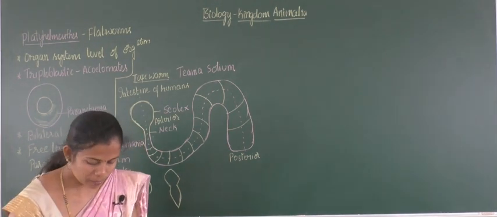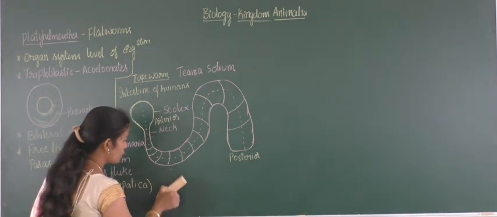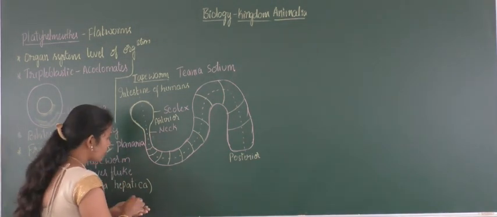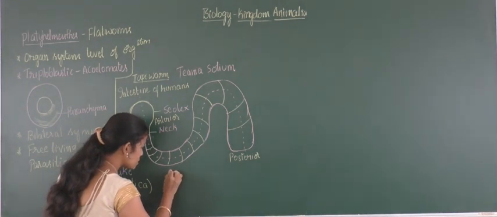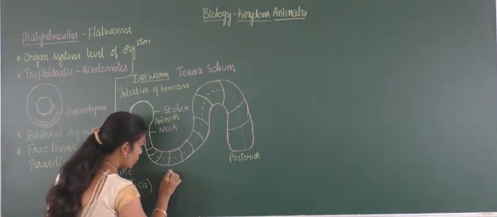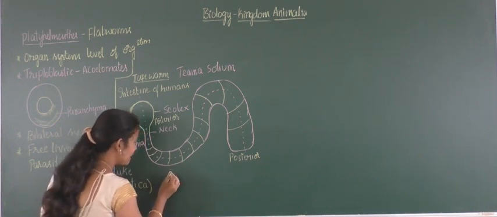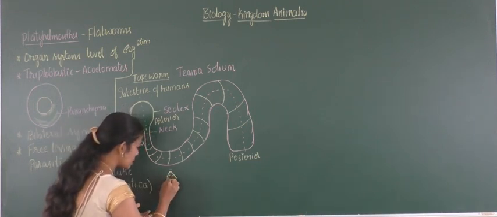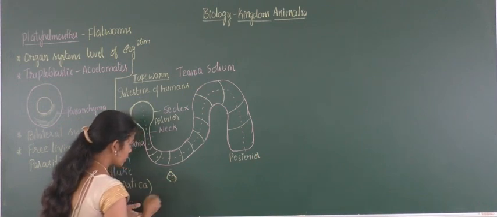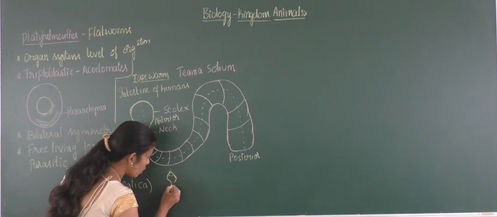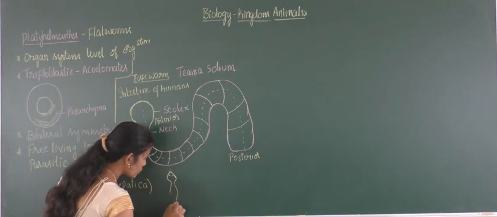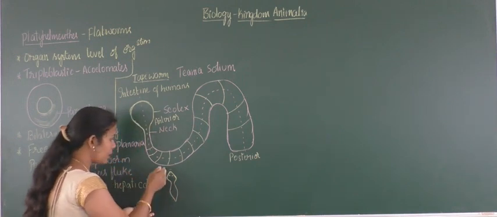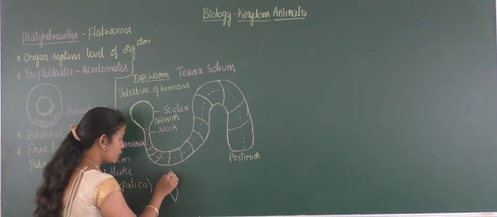Here the head is larger and the body is very small. Take for example planaria. It looks like this: with a blunt end, one mouth will be there, and then eyes are there as sensory organs, and this is considered as a triangular shape, and again it extends its body as a leaf-like structure. So this is called as a planaria. You can find the eyes over here and the mouth.